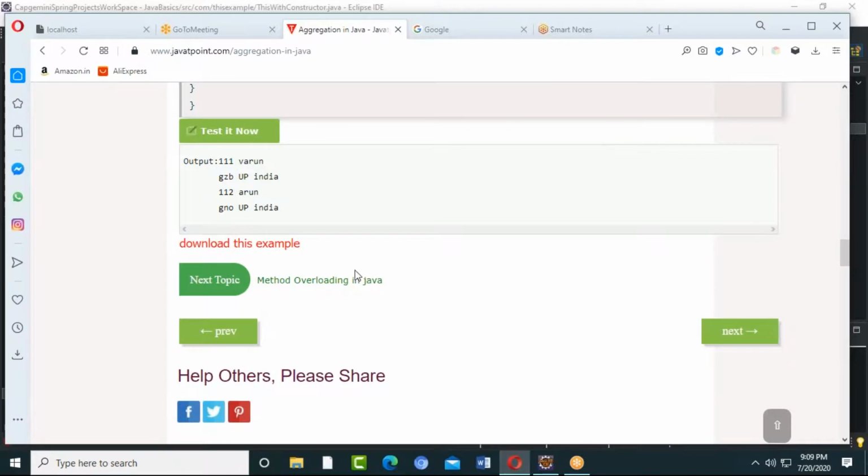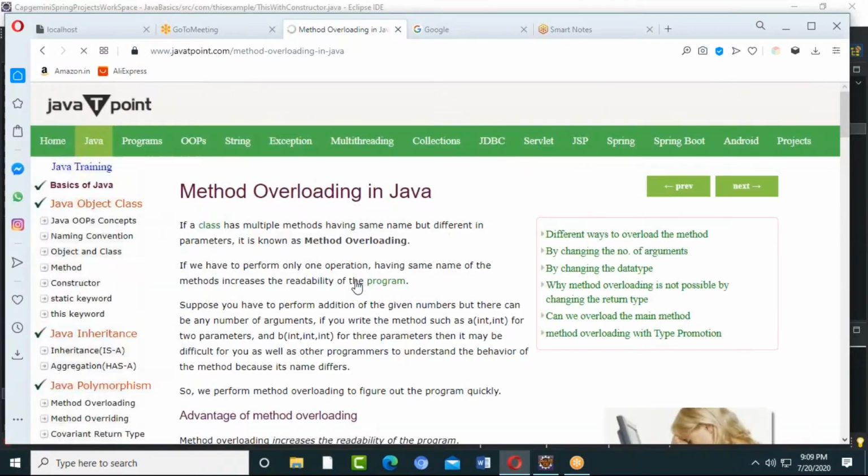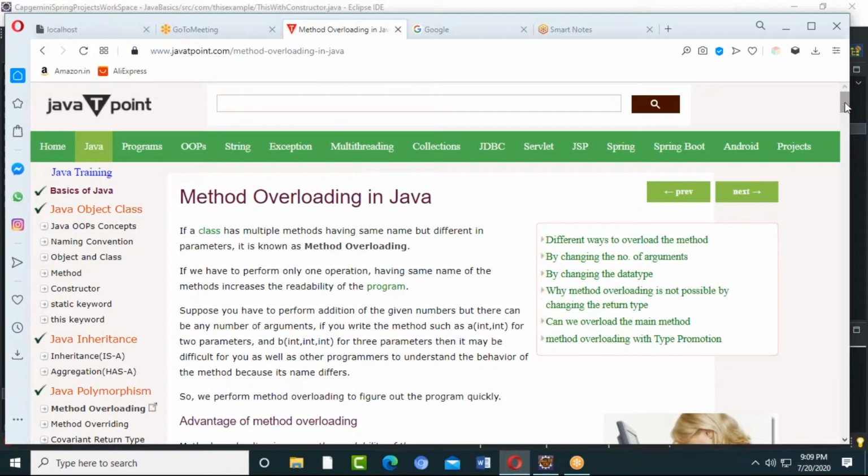I have a question. Sure. If interface does not come under the inheritance object-oriented concept, then under what concept does it come? Interface is separate. It's not a concept related to inheritance at all. Interface is a separate one.